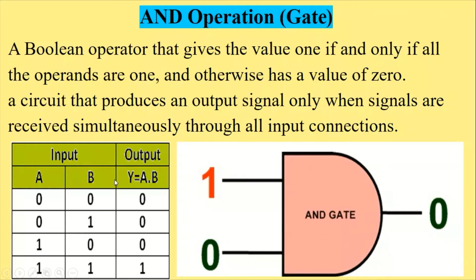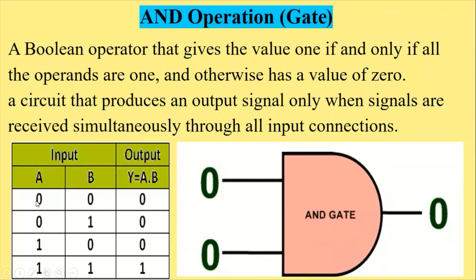And there is a truth table of the AND gate. AND gate means, as I have explained, a multiply sign that is called dot. Dot means multiplication in Boolean algebra. So this one is called the AND operation, and we are giving inputs, and here we are getting output after data moves through the AND gate. The AND gate picture is just like a capital letter D shape, as we can see. And this one is a truth table.